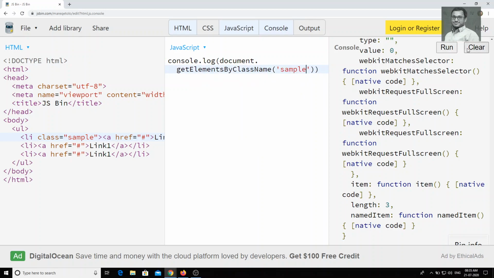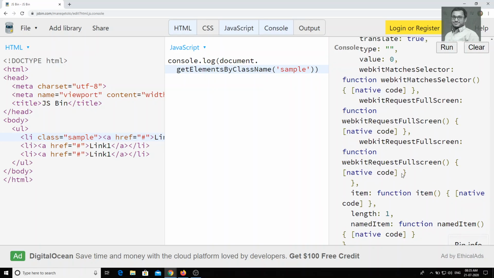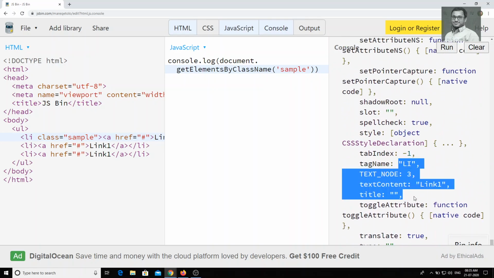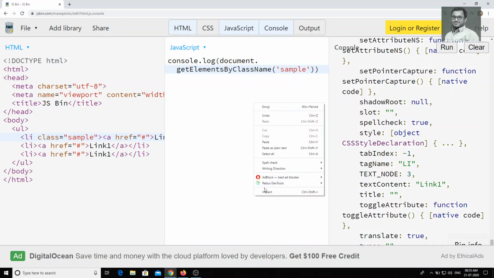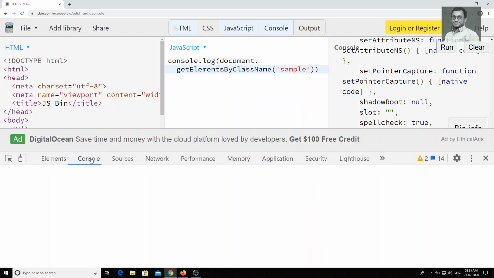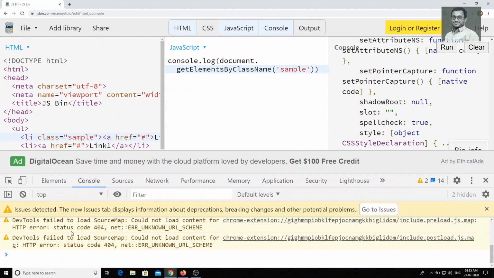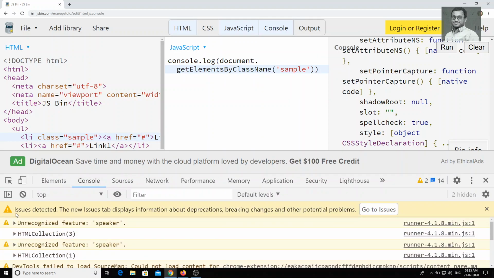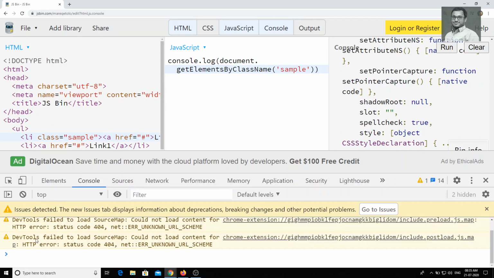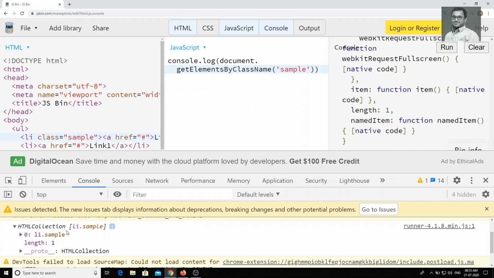If you give that sample and run it here, you will get that Li which has the class sample. Check in the console also, you will get the output as an HTML collection. So only the Li which has the class sample, you will get as the output.